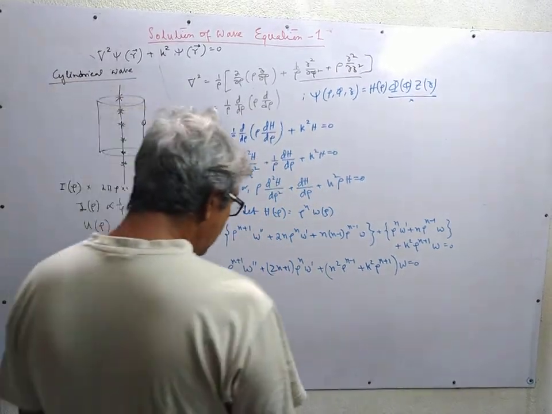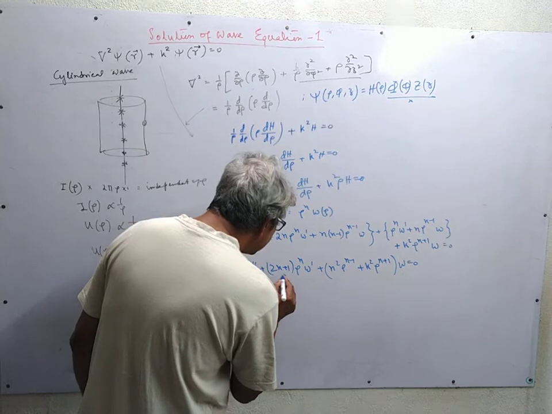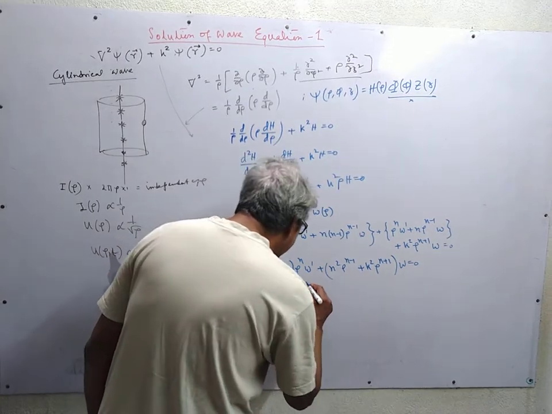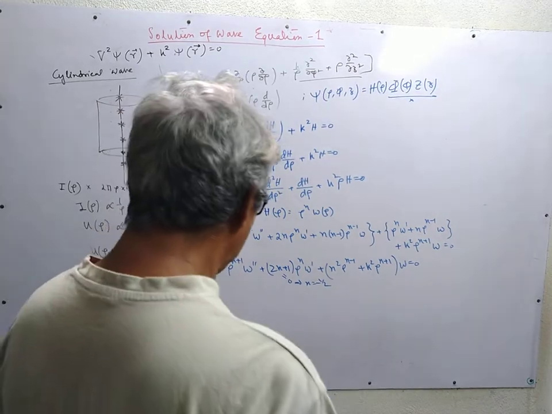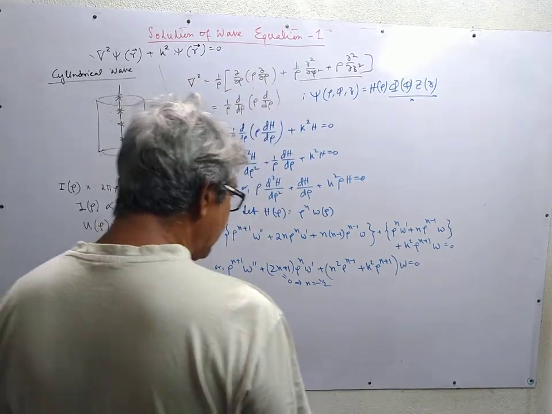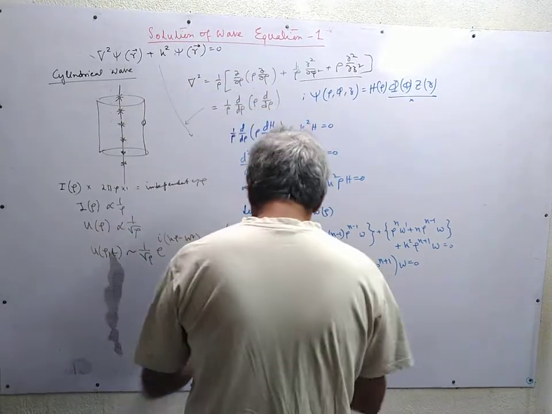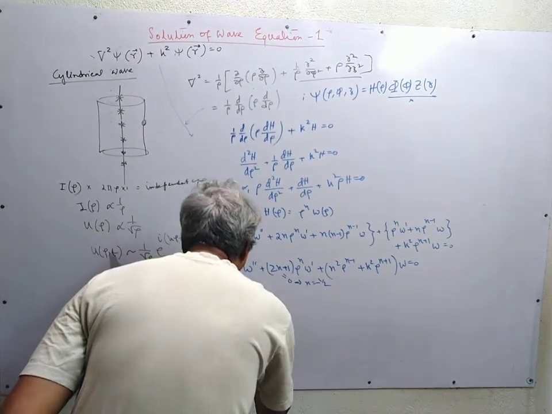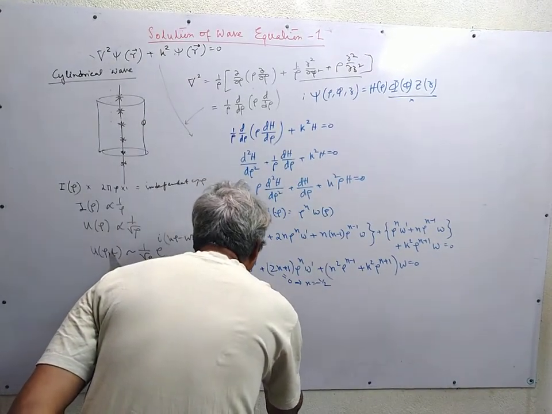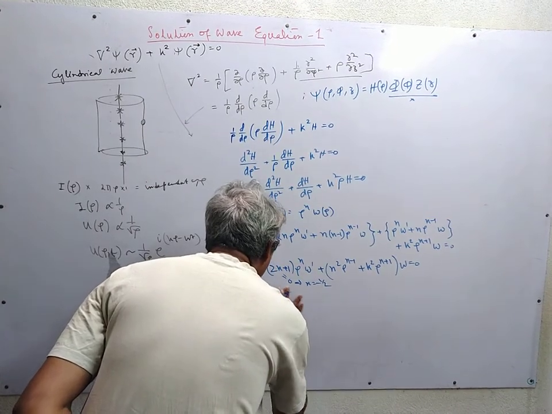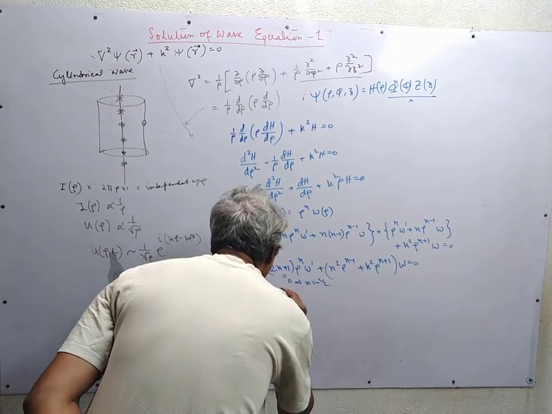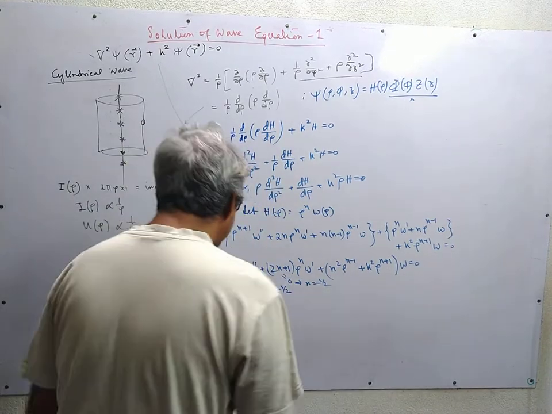We set n in such a way that the first derivative term is 0, that is, n is equal to minus half. So with n equal to minus half, this equation becomes